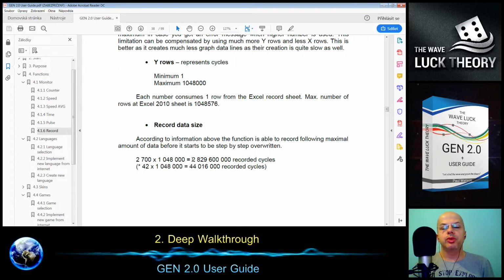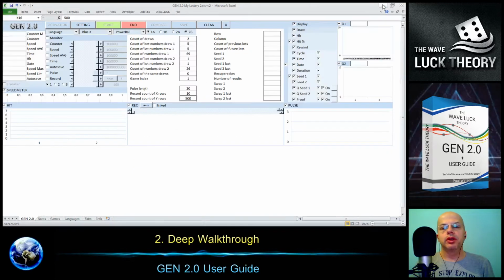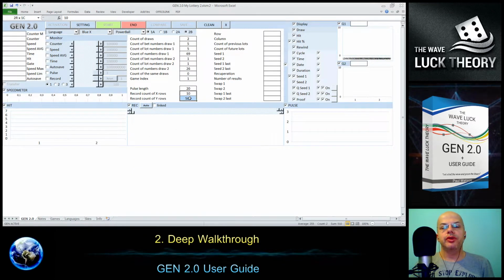So as I mentioned, we can actually have more than 2 billion recorded cycles. So that's about the record field.